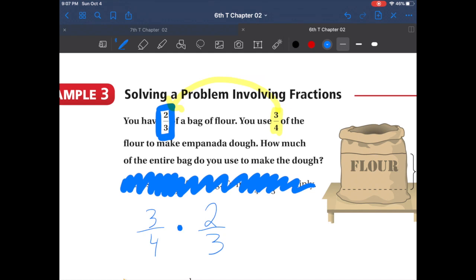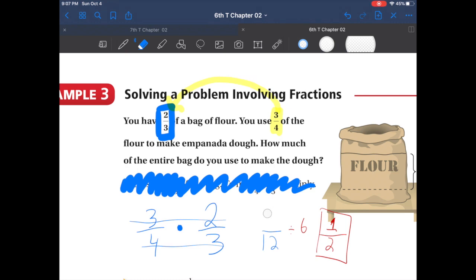Well, if I multiply, I can multiply the long way. 3 times 2 is 6. 4 times 3 is 12. And now I have to simplify. What number goes into 6 and 12? Well, that would be 6, right? So 6 divided by 6 is 1. 12 divided by 6 is 2. So I used half of the bag of flour. All right, or I can